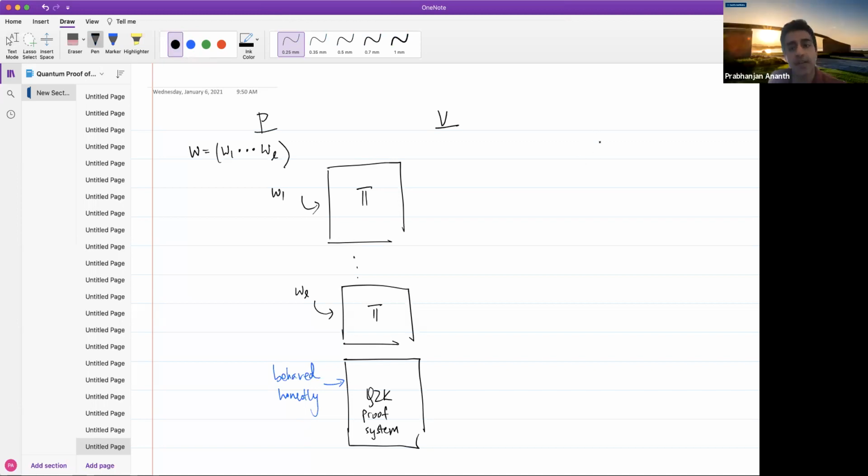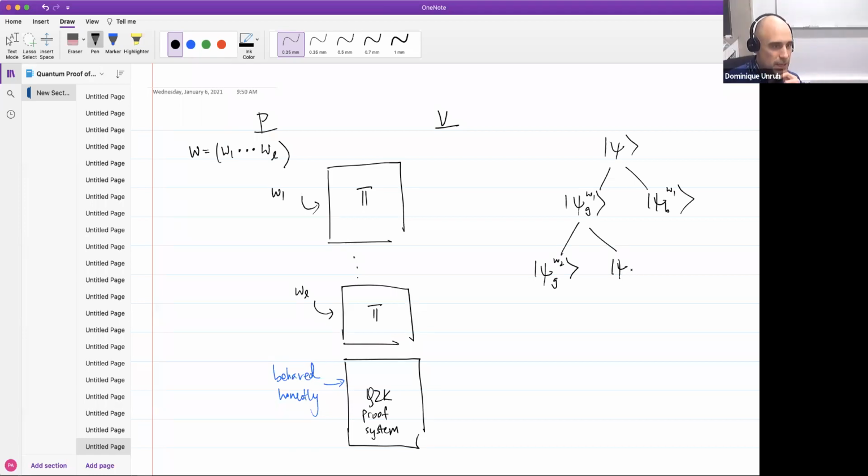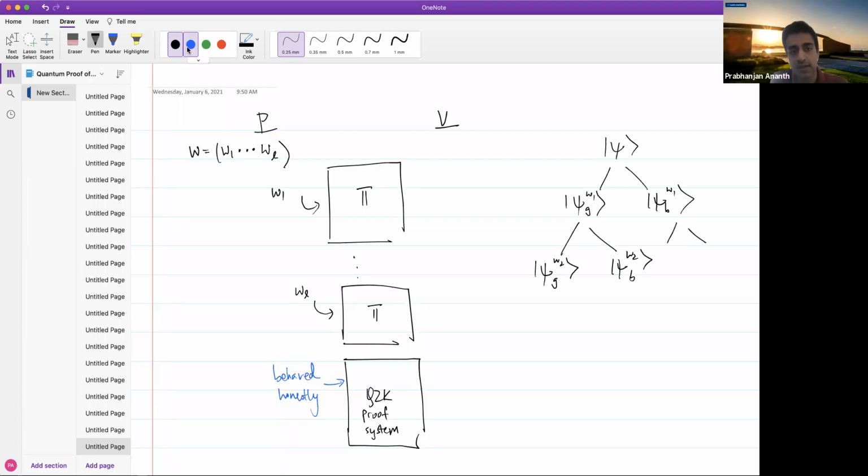I see. So if I understand correctly, what you're saying is the following. We start with some state, and I can think of it as two branches. One is a good branch corresponding to W1, and another one is a bad branch corresponding to W1, right? And then we have again a good W2, right? Is that what you mean by tree? Yeah, exactly. And we amplify the one leaf where everything went well. So we essentially keep going in this direction, ultimately reaching W1, W2, all the